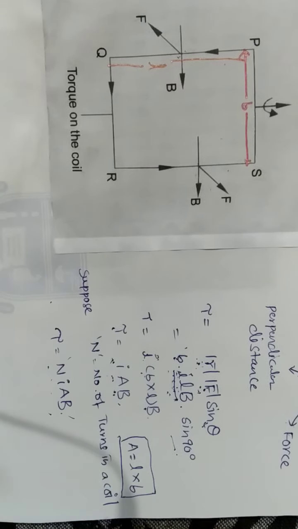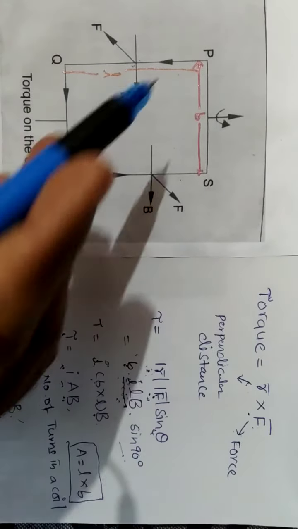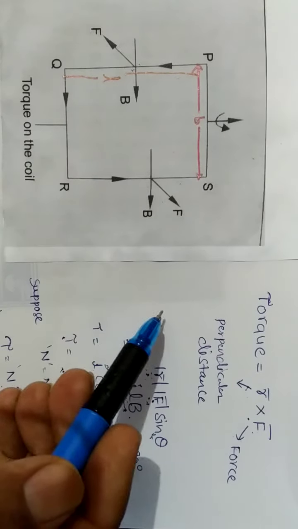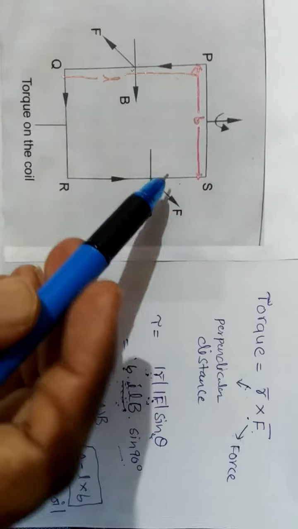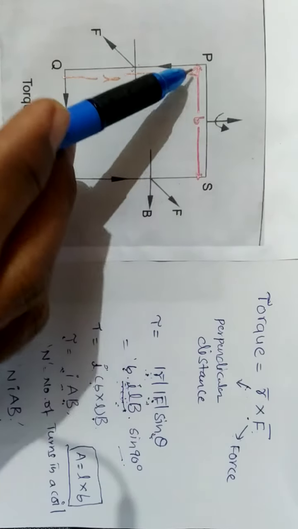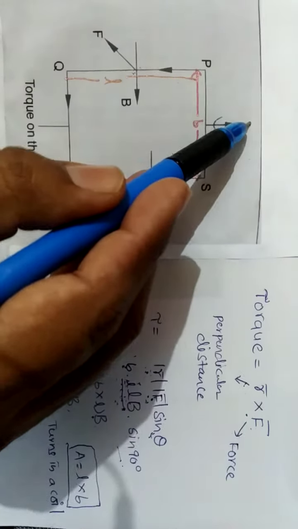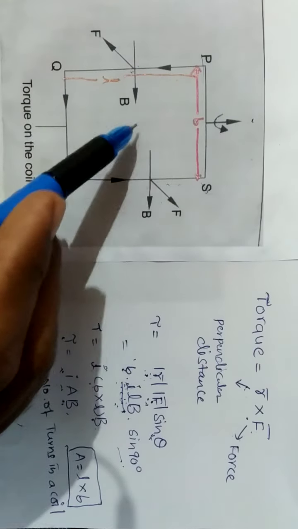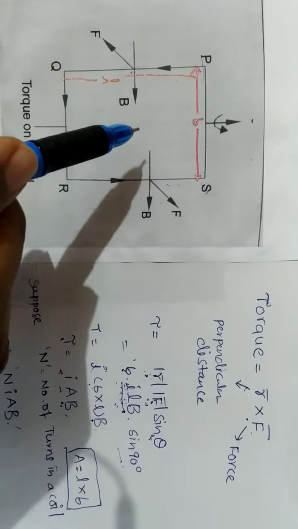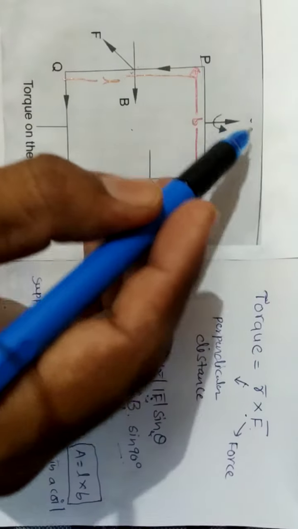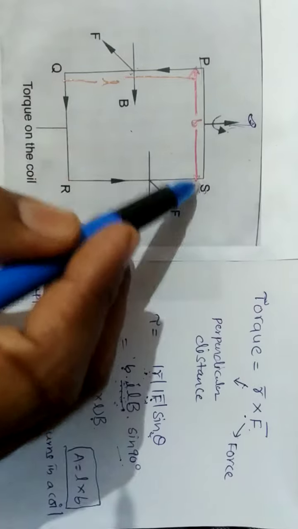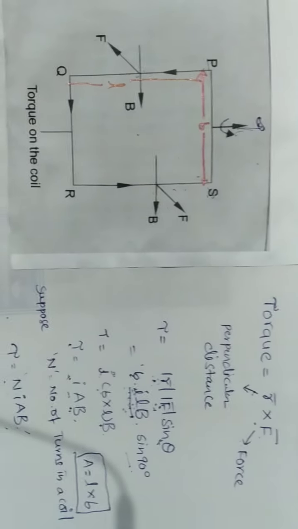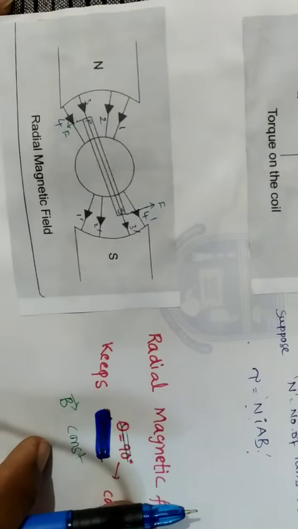And there is one more thing useful for you people. Suppose I place this current carrying coil in a radial magnetic field. Radial magnetic field means, I'll show you. Suppose you're viewing this coil from the top. Okay, you were viewing from the front before. Suppose you view this coil from the top, so you place your eye here and you're viewing this. What you can see is only P and S, nothing else is visible, right? And this is how it looks.